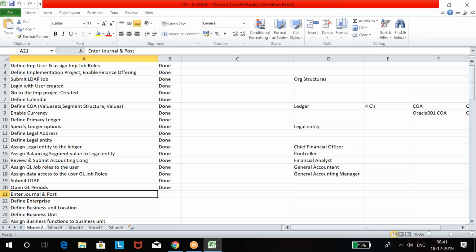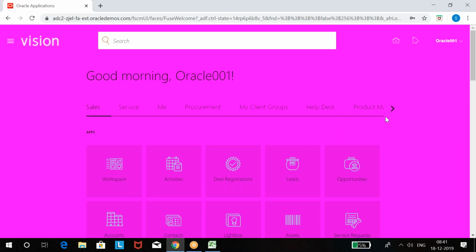Today, first we'll see how to create a journal entry and how to post. You all know journals, right? In accounts, we create debits and credits. That is nothing but journal entry. Let's create some journal. Let's see whether we are able to use this ledger for journal entries and whether we are able to post or not. Let's check that. After this, we'll continue with organization setup again. Okay.